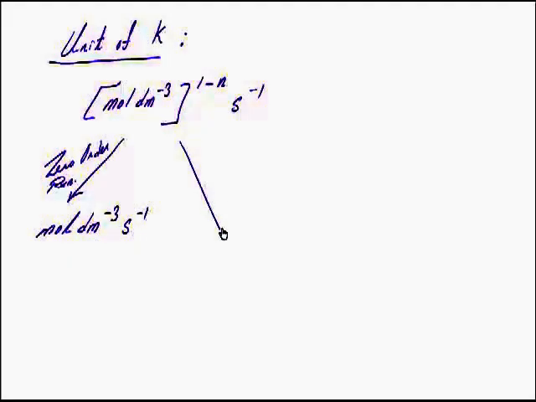Also, you must have realized that the unit of the rate constant k is not a constant quantity. It keeps on changing from order to order, and the general expression for the unit of k can be written as moles per dm cube raised to 1 minus n second inverse. And hence for a zero order reaction, we can say that the unit of k is moles per dm cube per second. For a first order reaction, as n will be equal to 1 and 1 minus 1 is equal to 0, we can say the unit will be only second inverse.